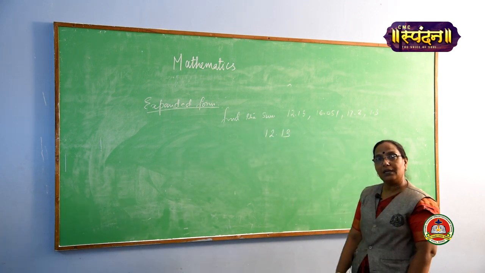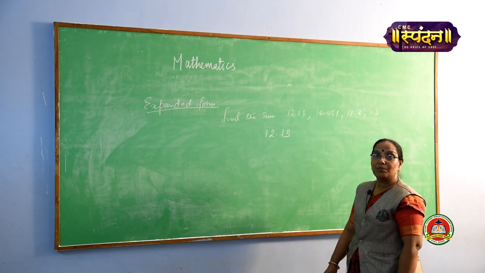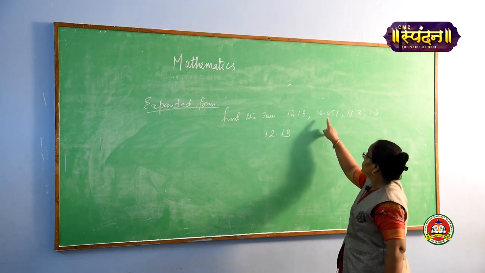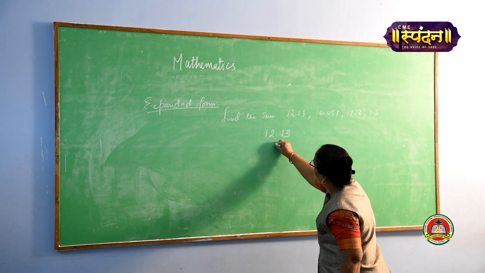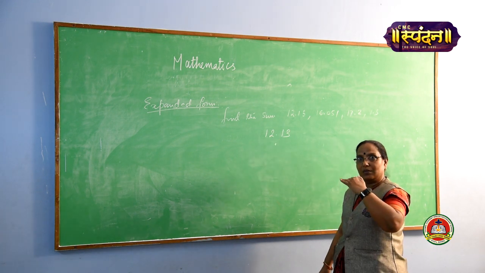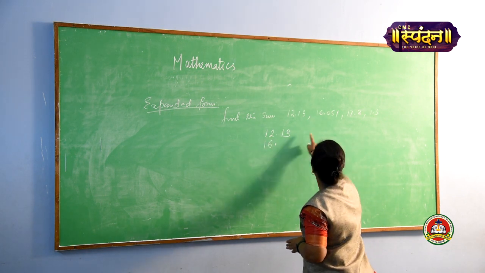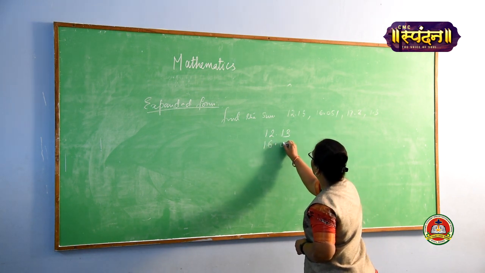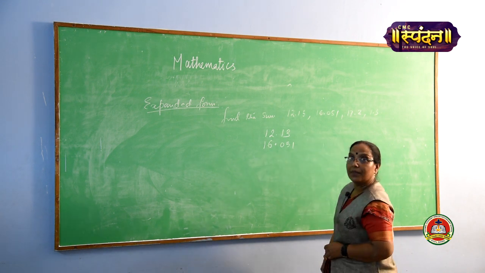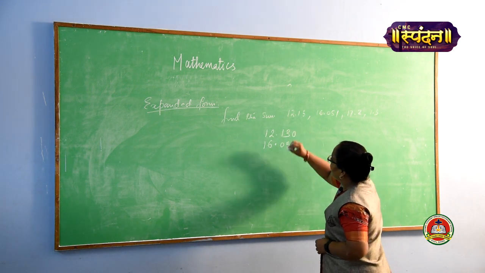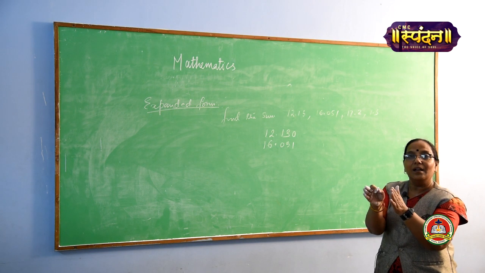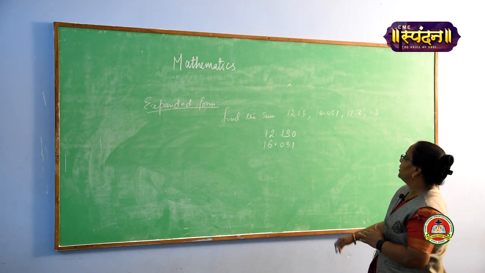12.13. Clear? Second number I want to write 16.051. So just this decimal just before this decimal, just down. That means it's same column it should be there. So 16. Now see 16. Second is 051. 0, 5 and 1. Then the third digit here you can easily write 0, so that it will convert into like decimals also.